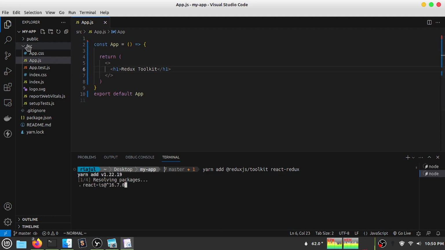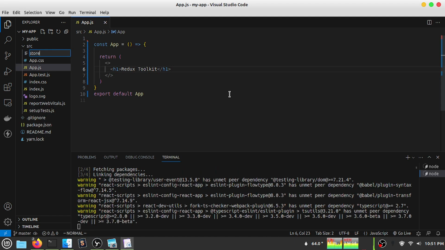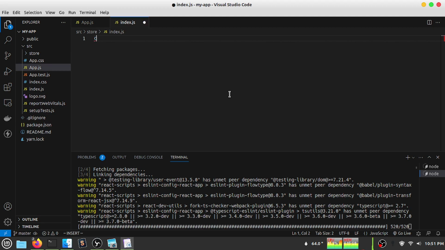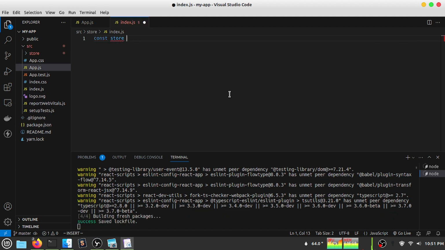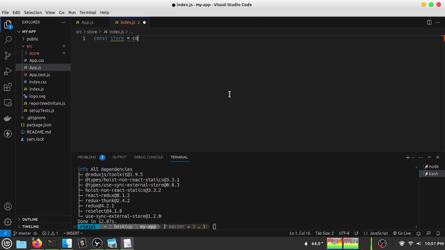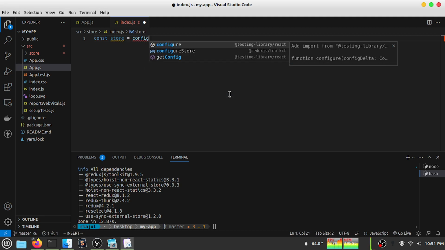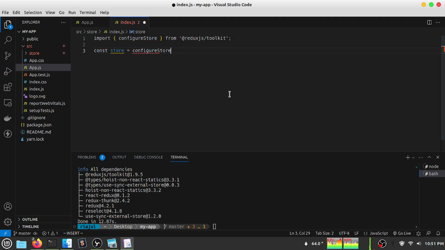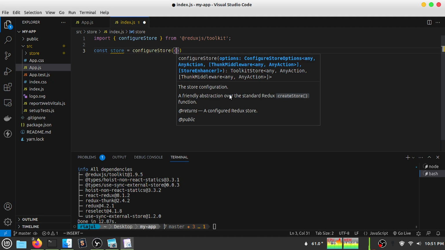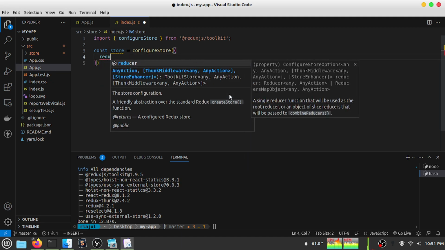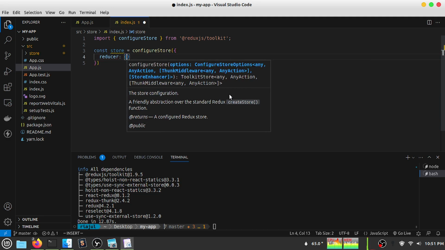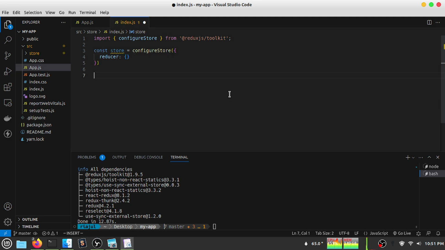So let's create our Redux store here. And it takes reducer as an argument, and let's pass an empty value,